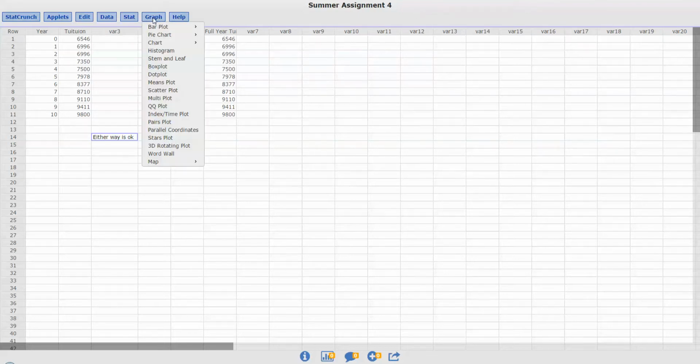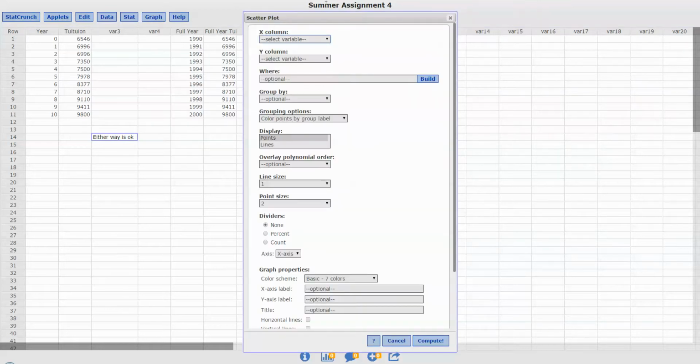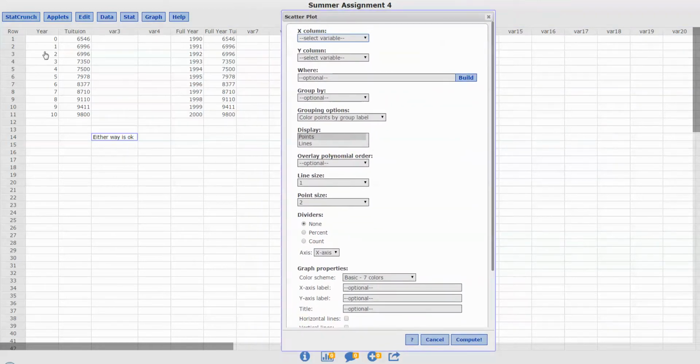Graph, scatter plot, and then you'll notice I have two sets of data here where we use 0 to 10, where 0 is 1990 and 10 is the year 2000, or you could use these. It does not matter which one you want to do. I think the example in the book said to do it this way. That's what I'm going to use. So X will be year, Y will be tuition,